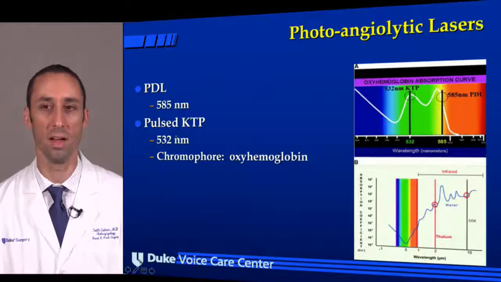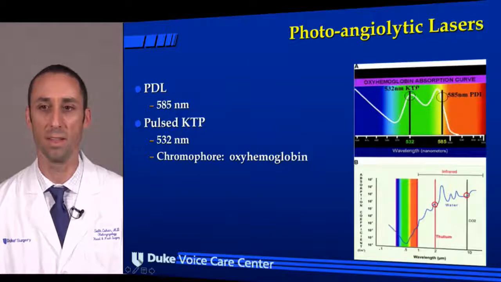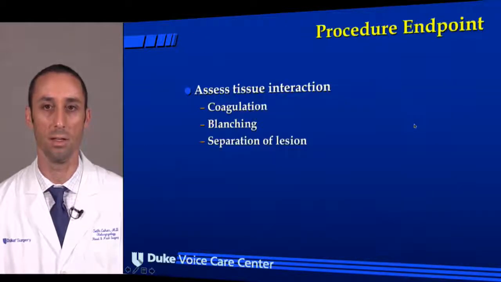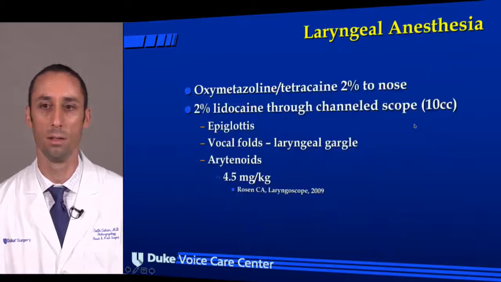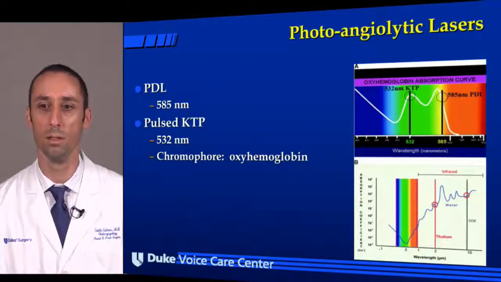The chromophore is oxyhemoglobin. These graphs show the curve, and you can see the KTP, with its wavelength, we call that the green light laser, and when you use it, you'll see the fiber become green. The PDL laser, with a little bit longer wavelength, is in the yellow distribution. Well, if you look at the absorption,